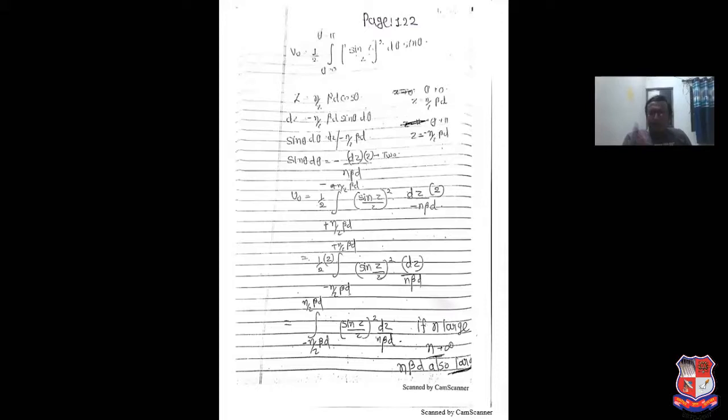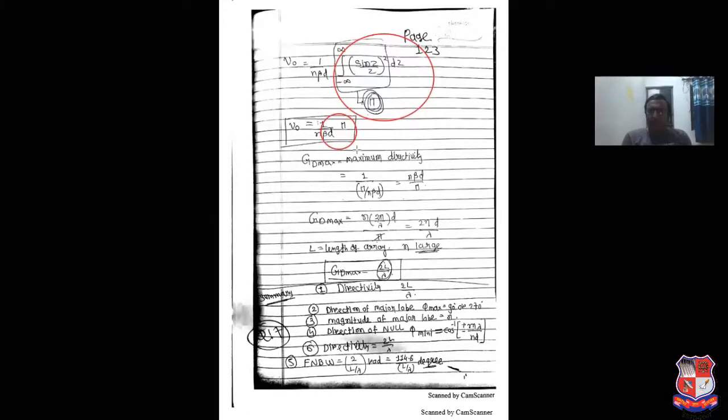So integral of sin z upon z all square equals pi, according to the mathematical equation. So here we can say pi upon n beta d. So what is the gain or directivity equation? 1 upon pi upon n beta d, so n beta d upon pi, where beta equal to 2 pi by lambda. So 2 n d upon lambda. So the answer is 2L by lambda, which is known as the directivity of the broadside array.